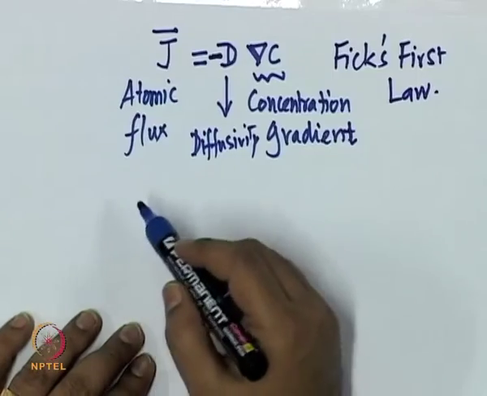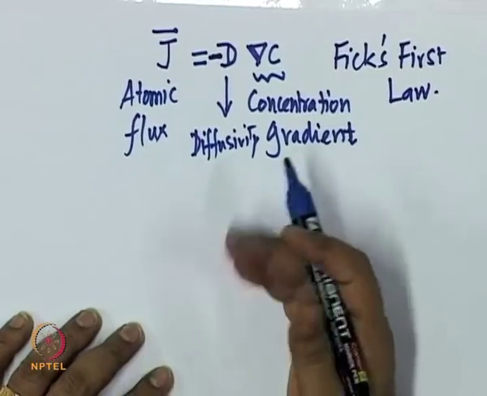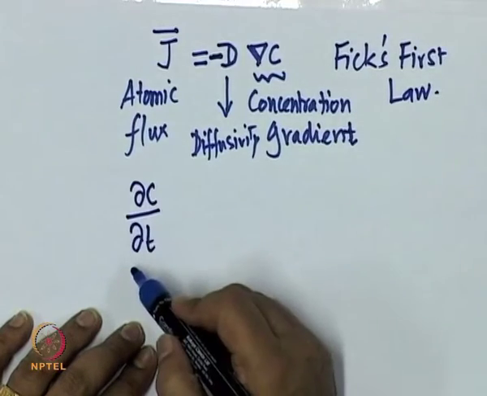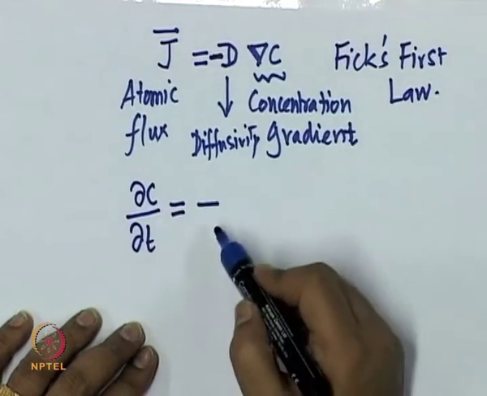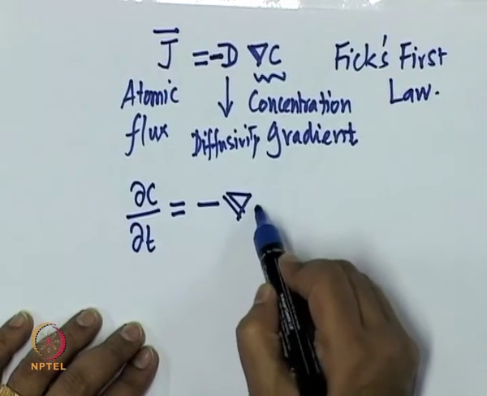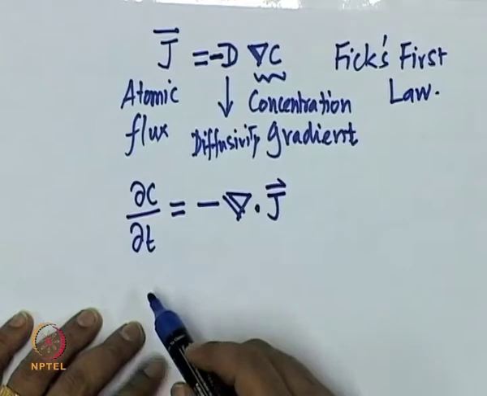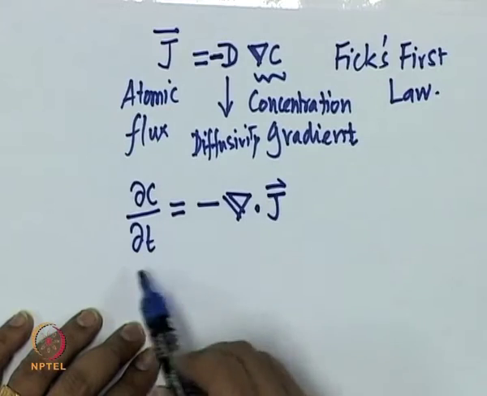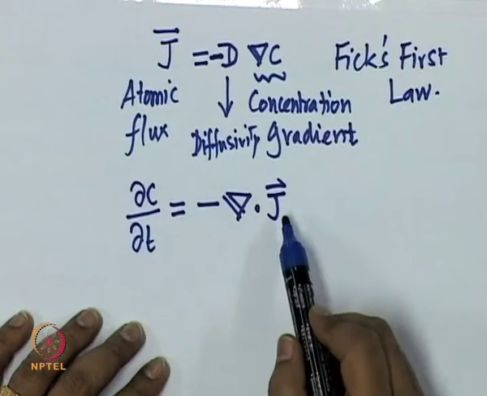And if we are talking about atoms, and there is a law of conservation of mass, you can show that law of conservation of mass indicates that if you have a particular composition at any point, the rate of change of composition at that point is equal to negative of divergence of the atomic flux. Okay. This we will do as a tutorial. So, we will do a simple mass balance to derive this expression.